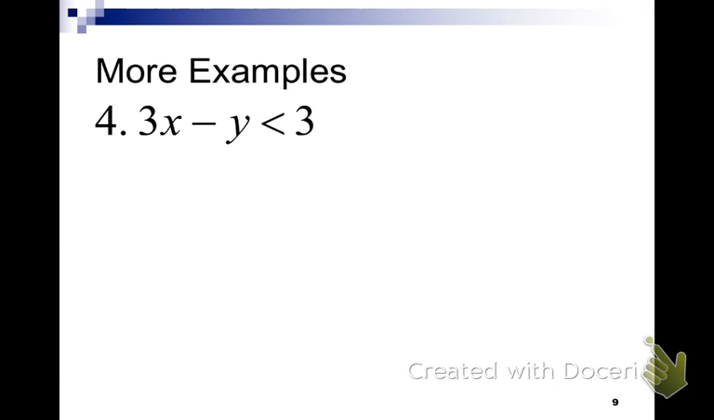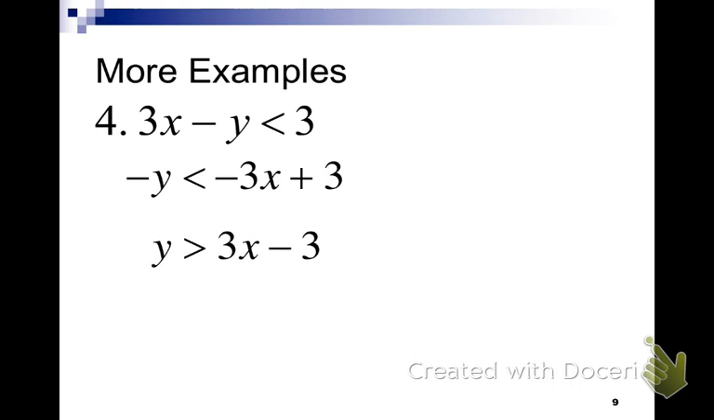A few more examples. 3x minus y is less than 3. So move it over. Now remember, whenever we solve inequalities, if we have to multiply or divide by that negative, we have to flip the sign. If there's going to be a mistake, it is going to come right here. Okay? We have got to flip the sign